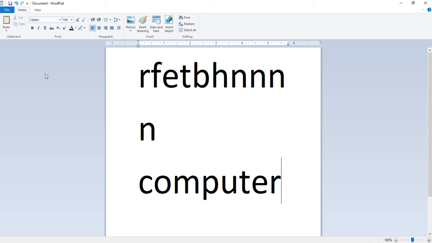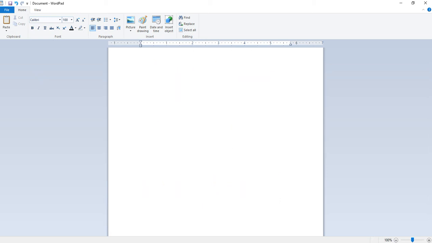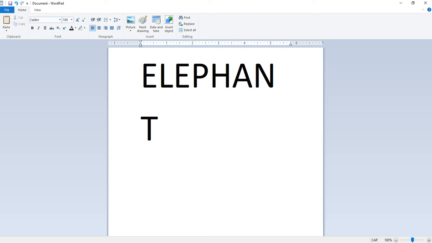Next is toggle switch. Let's take the example of the Caps Lock key to understand what a toggle switch is. If we press the Caps Lock key and type elephant, it will appear on the screen in capital letters.